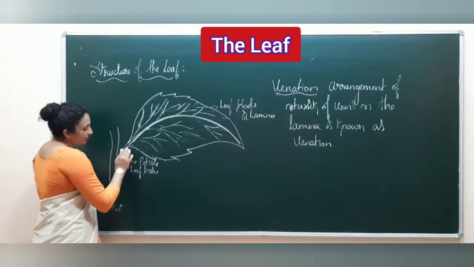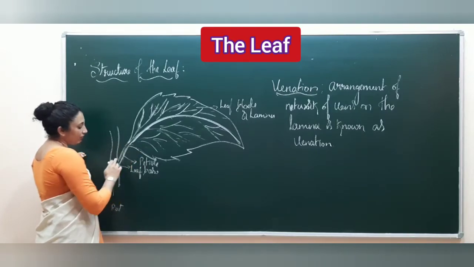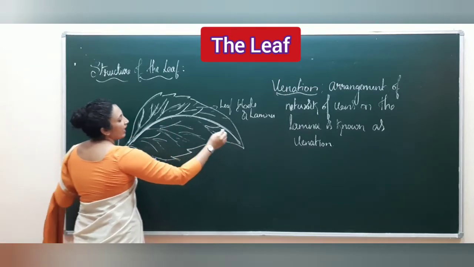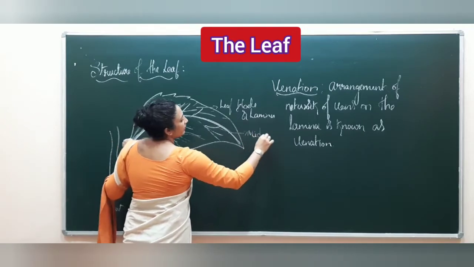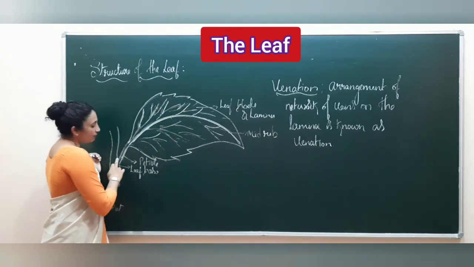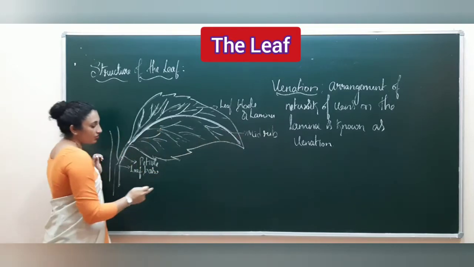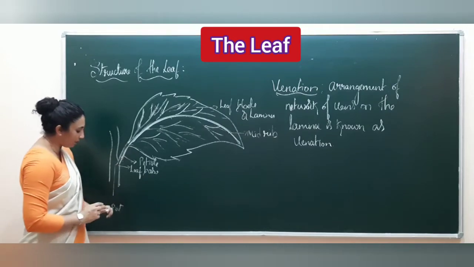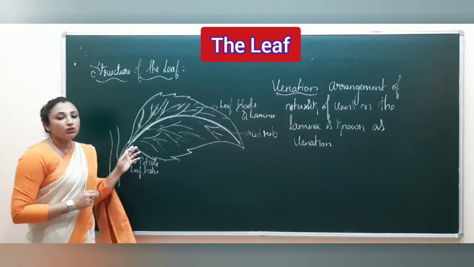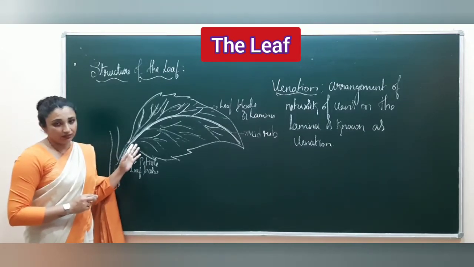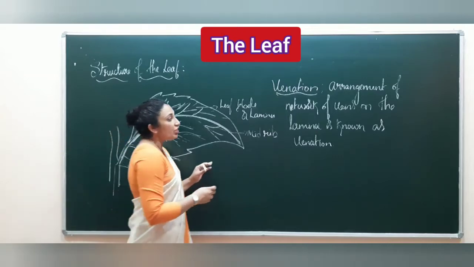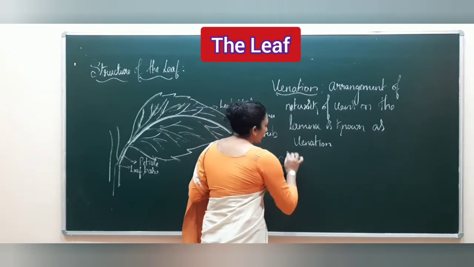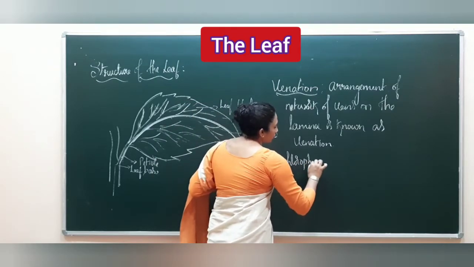So the petiole here, the stalk-like structure which helps to connect the leaf to the stem, runs in the middle of the leaf as the midrib. Midrib. I will repeat once again, the petiole runs in the middle of the leaf as the midrib, and the point at which the petiole is connected to the stem is known as leaf base. Coming back, you all know that the leaf is green in color. The leaf is green due to the presence of a coloring pigment known as chlorophyll. Chlorophyll.